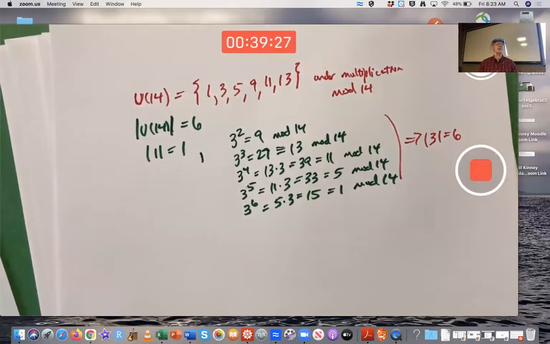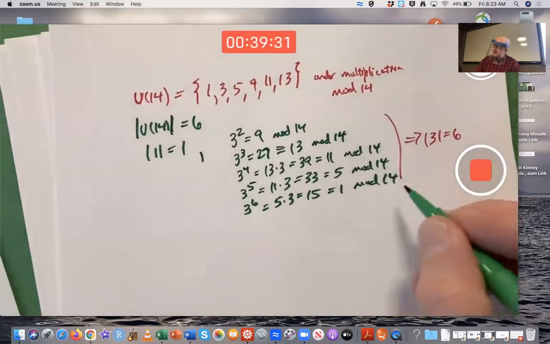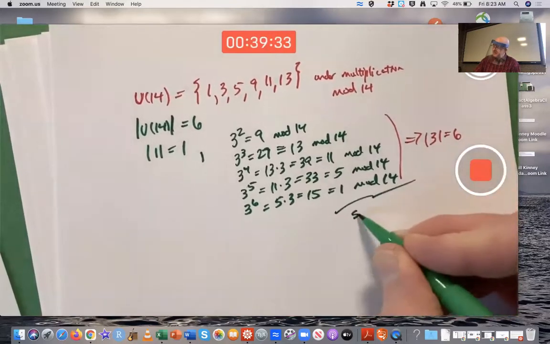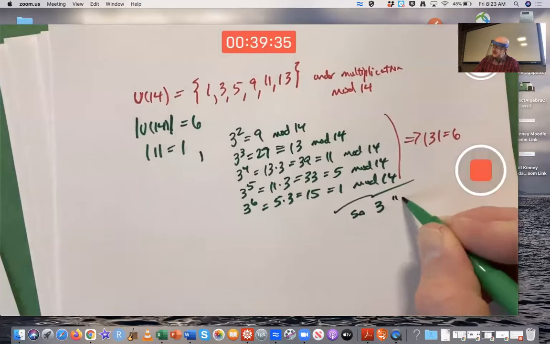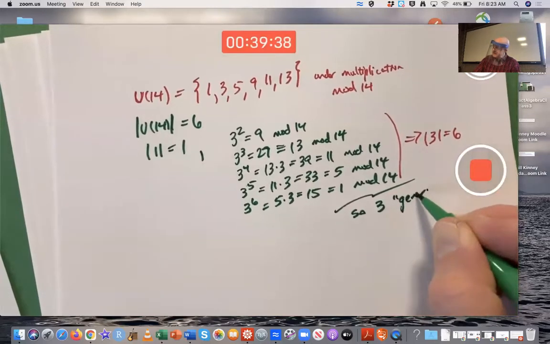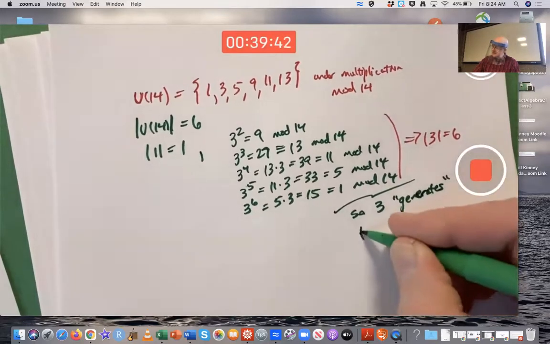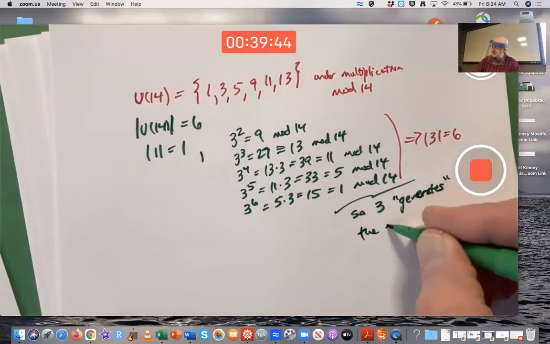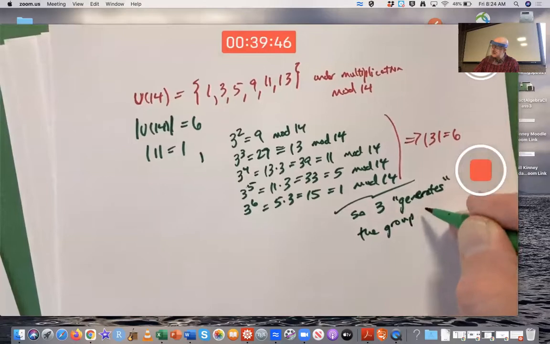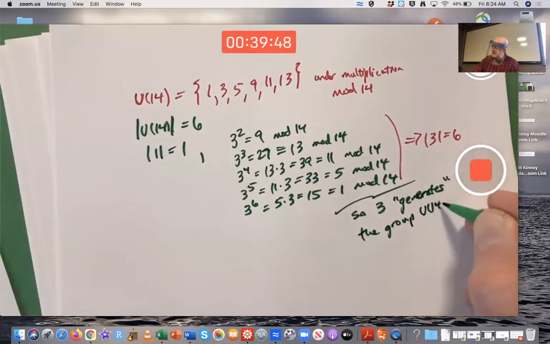That's what it means to say it generates the group. So 3 generates, this is official terminology, the group U14,